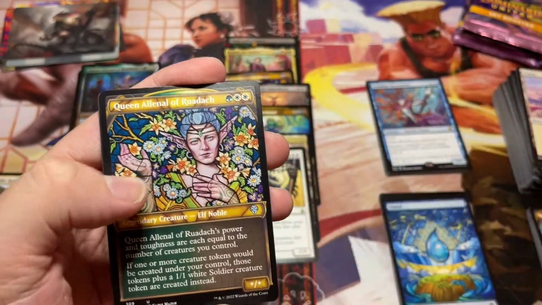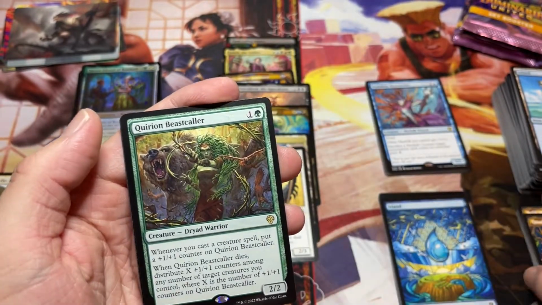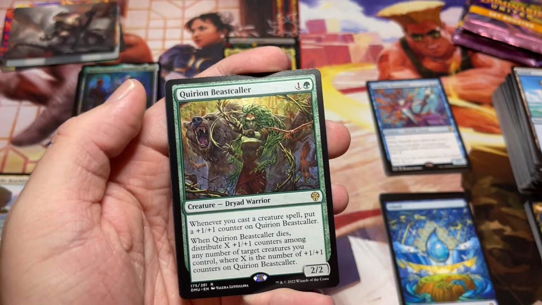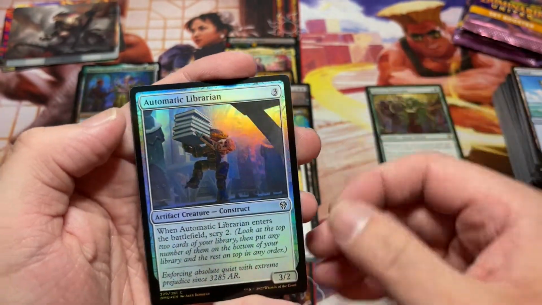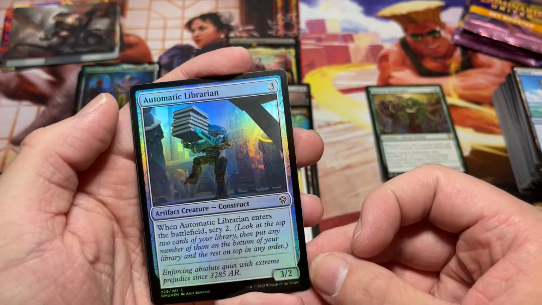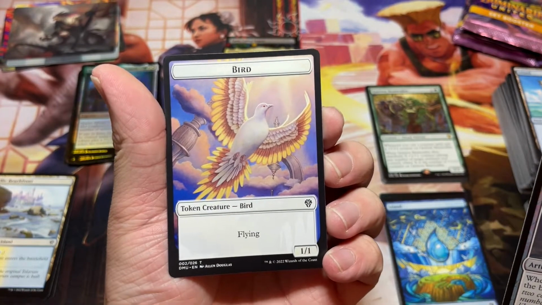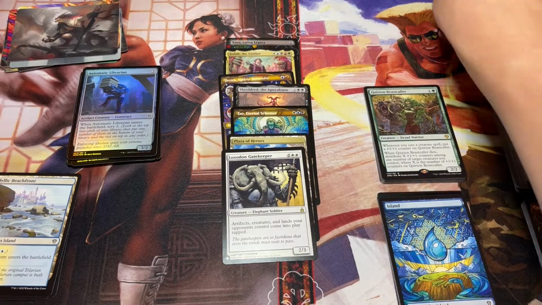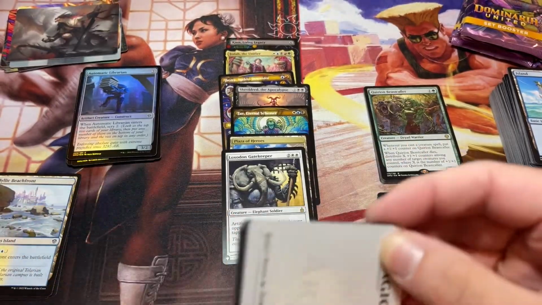All right. So we got Queen Alanal in the stained glass. And we got Kyrian Beast Collar for our rare. Very nice. Doling out those +1/+1 counters. And we got a foil Automatic Librarian. Little scry outlet there. And a bird. That's the good bird. I know there's also a raven, a little evil, grungy looking bird to go with